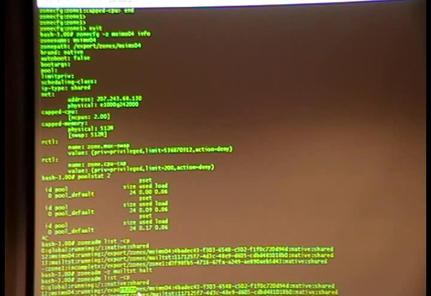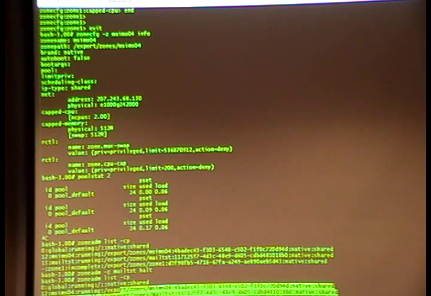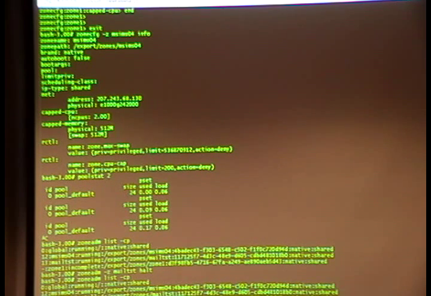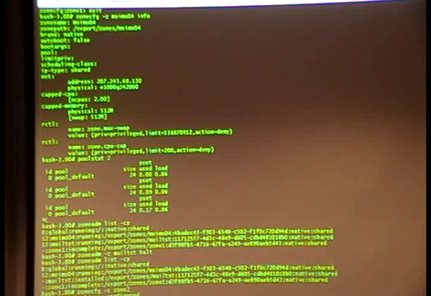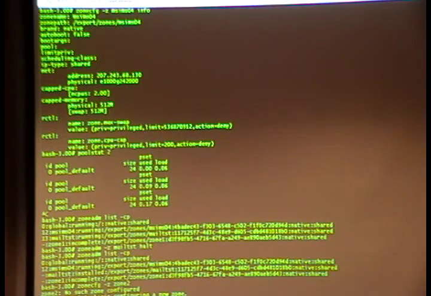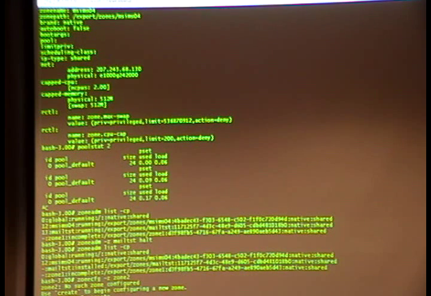So what I'm going to do real quick here is just configure the new zone. And maybe what I'll do is, actually, maybe it's easier just to